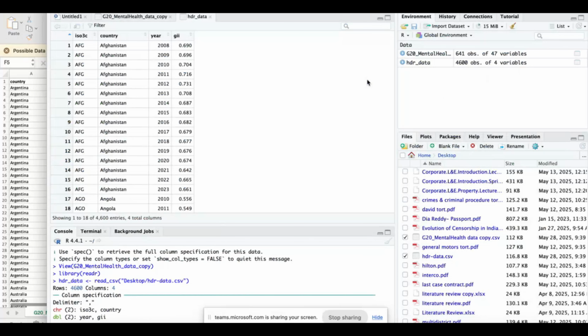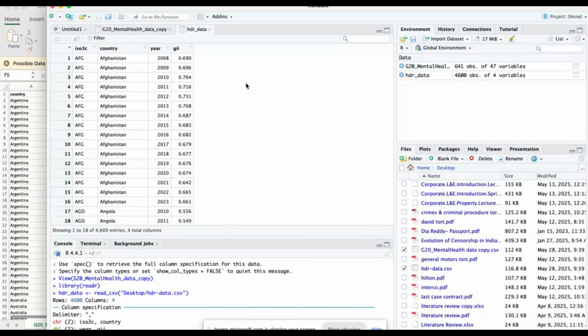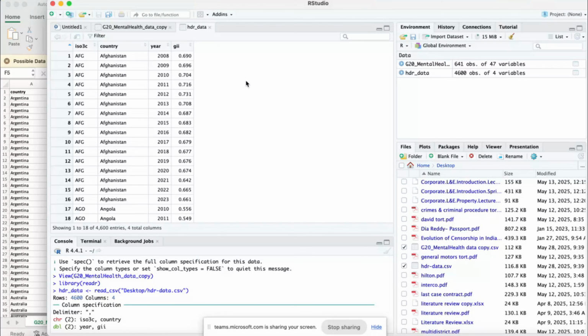And what will happen if we use inner join? It will still take all G20 countries, right? But the years are different.